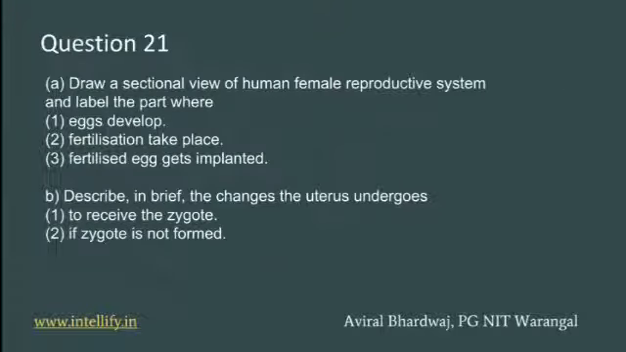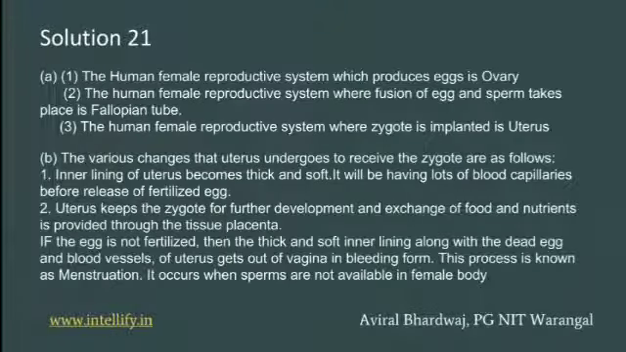The next question is, describe in brief the changes that the uterus undergoes to receive the zygote, and if the zygote is not formed. So the answer is, the various changes the uterus undergoes to receive the zygote are as follows. Firstly, the inner lining of the uterus becomes thick and soft, with a lot of blood capillaries, before the release of the fertilizing egg. And second, the uterus keeps the zygote for further development, and exchange of food and nutrition is provided